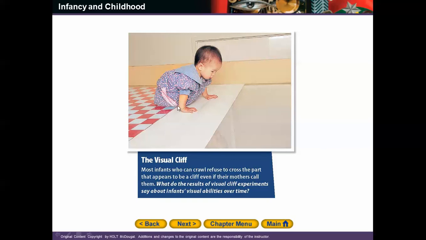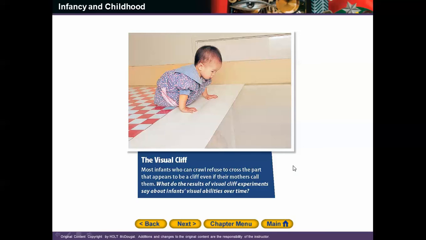and also, from an evolutionary perspective, this helped them survive. They can perceive depth at a pretty young age, and this is how they tested it. They refused to crawl across this visual cliff, okay? It looks like to them that the table just drops off, but there's really a piece of glass right here so they can crawl to their mother who's on the other side. But infants refuse to do it because all they see is the cliff and they know they're going to fall. And this is helpful for development.